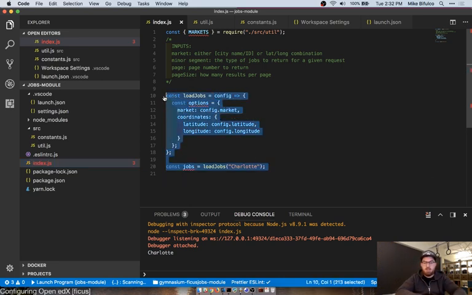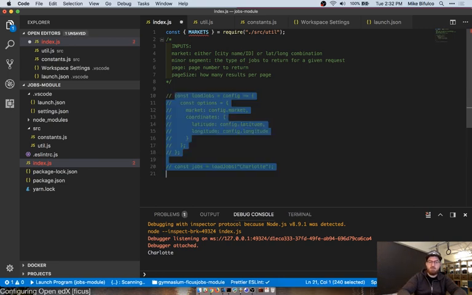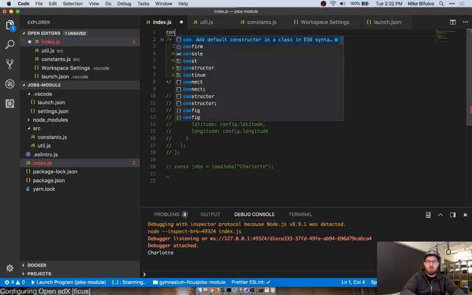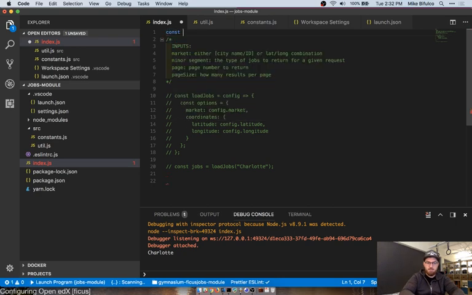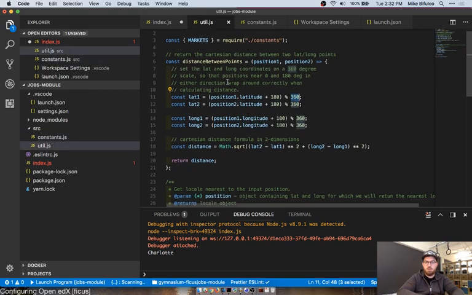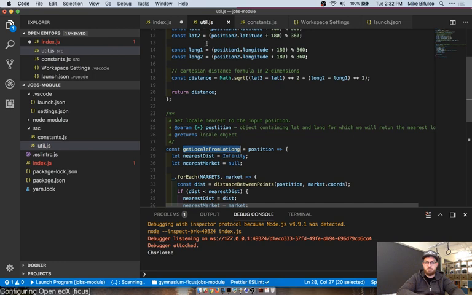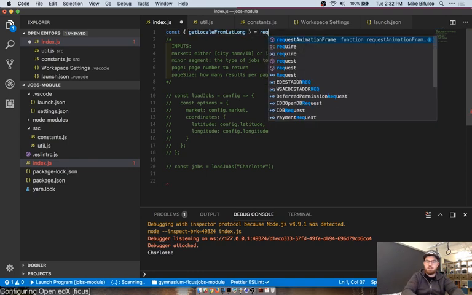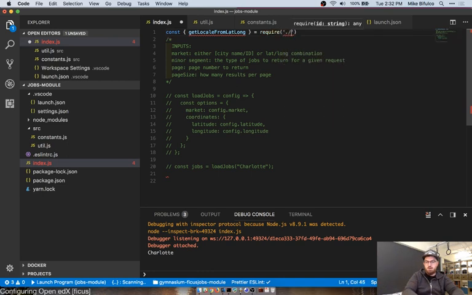I'm actually going to comment this out. I'm going to then test out the function that we just wrote by requiring that function, which was called getLocaleFromLatitudeAndLongitude, using a destructuring trick, which is an ES6 thing, and requiring this util.